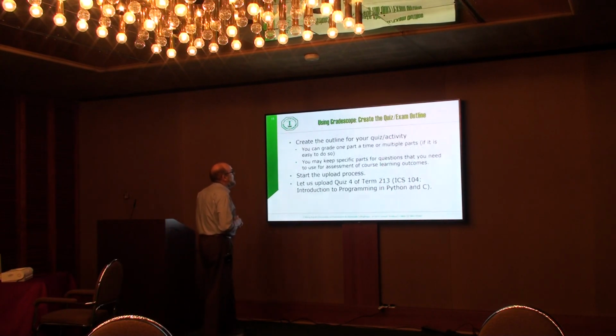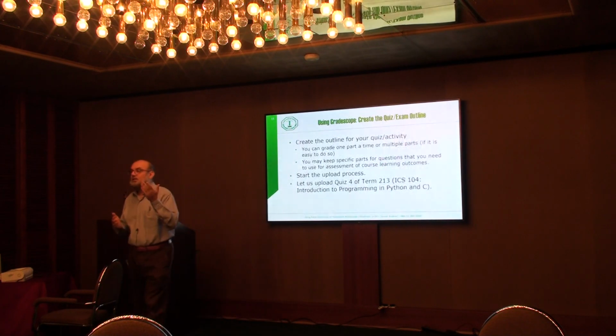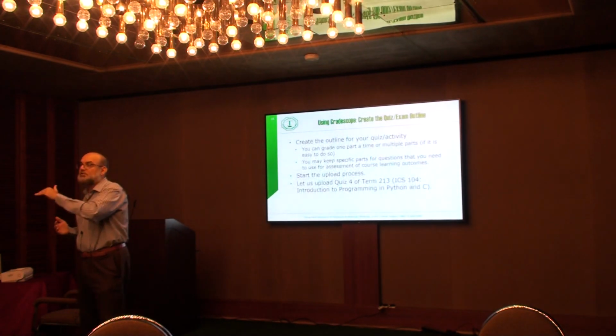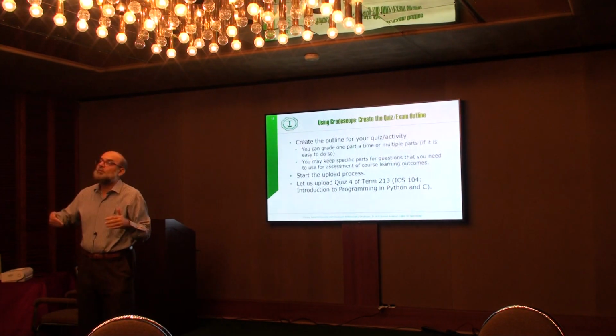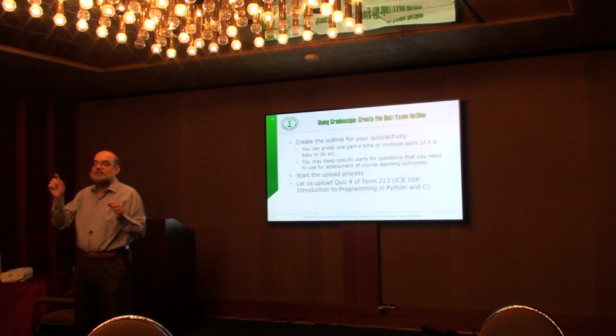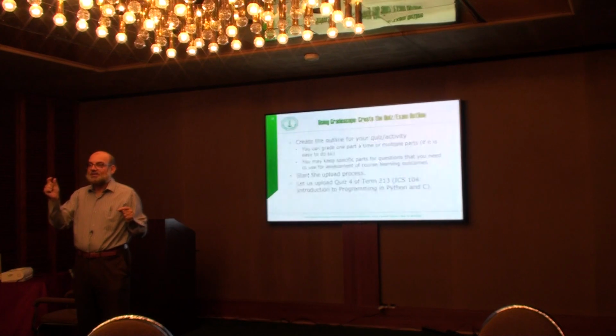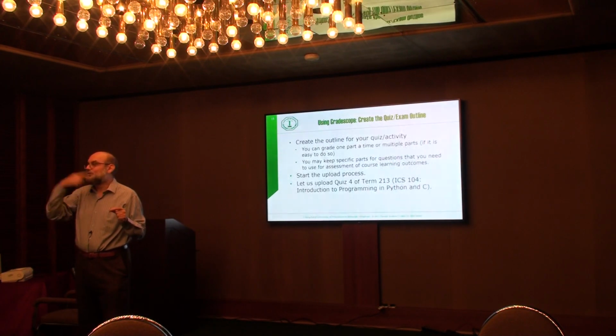And when we do that, you can create one per question, or you can actually try to grade more than one question at the same time, especially if the answers are, for example, numbers, right? You don't want to have one for each one and then you just loop